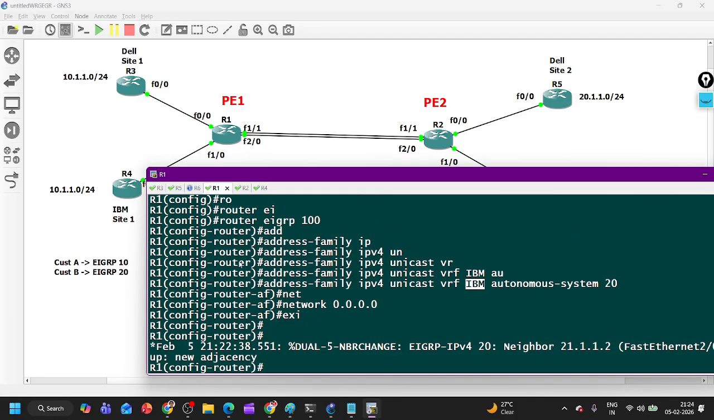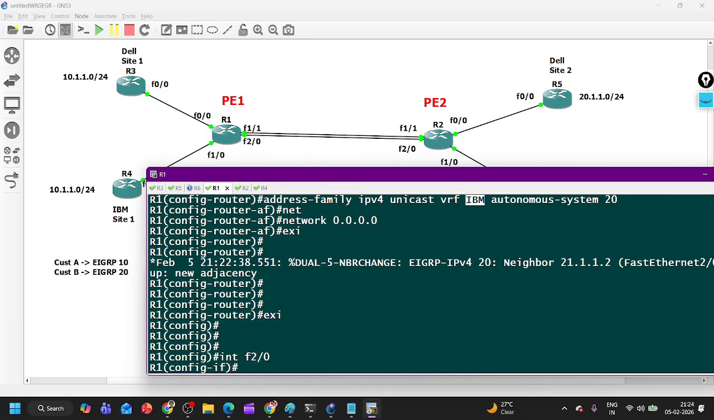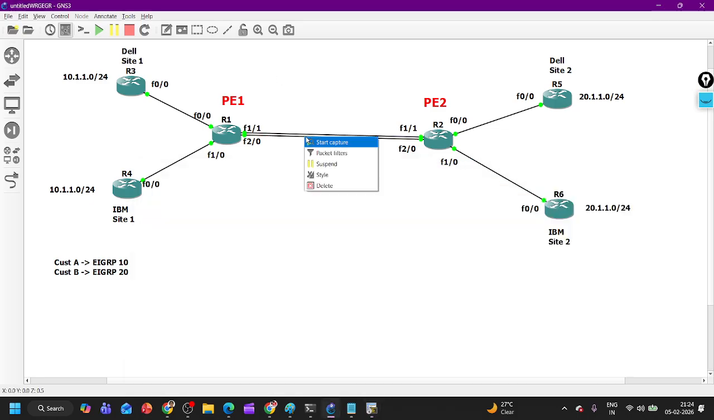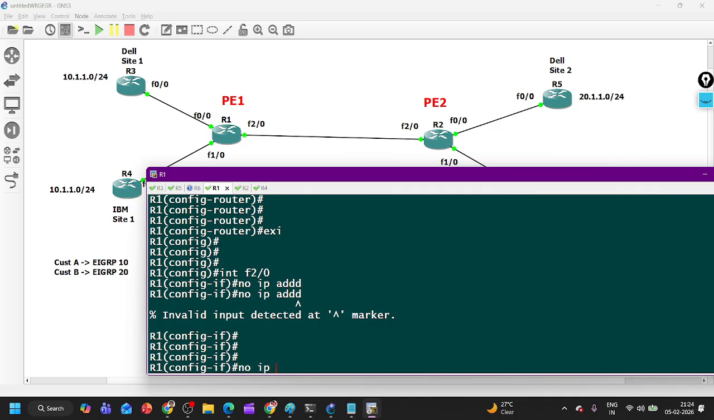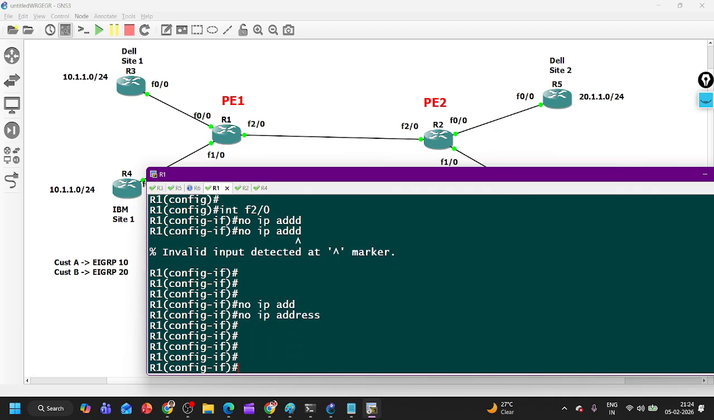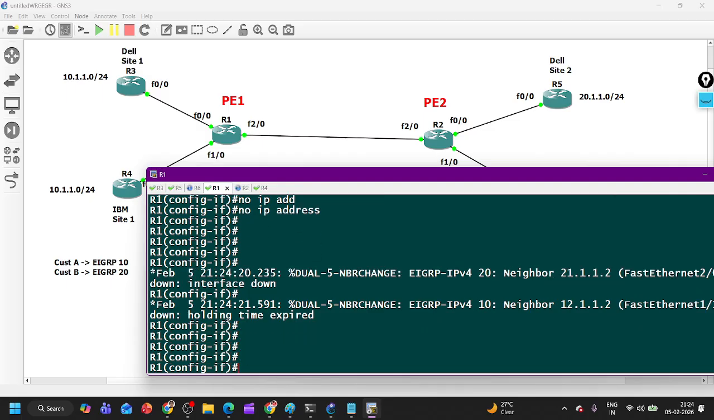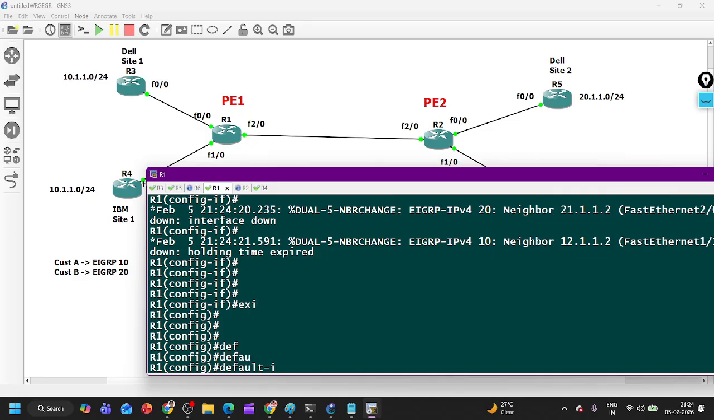Even you can create sub interface F2/0, no IP address, or simply I can remove this link. F1/0 is deleted, no problem. On this interface I can say no IP address, right, or